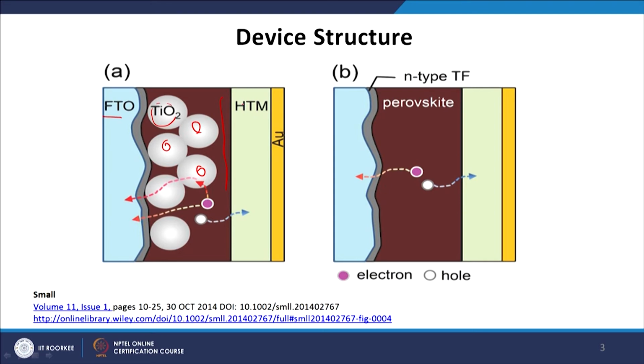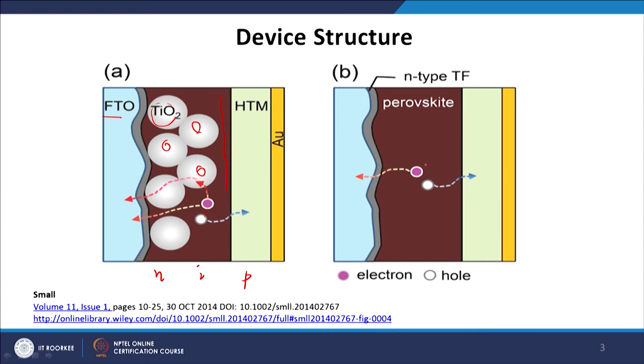On top of that we put a hole transport material, for example, a conducting polymer P3HT, and on top of that we put a metal contact like gold. So, basically this is an example of an NIP structure. So, what will happen is the charge carriers, the electrons and holes, will be generated here. Now, using the TiO2 percolated network, this electron can be rapidly transferred towards the FTO and the hole can be rapidly collected by the HTM and transferred back to the metal electrode, and this electron, using an external circuit, comes back to the counter electrode and completes the circuit.